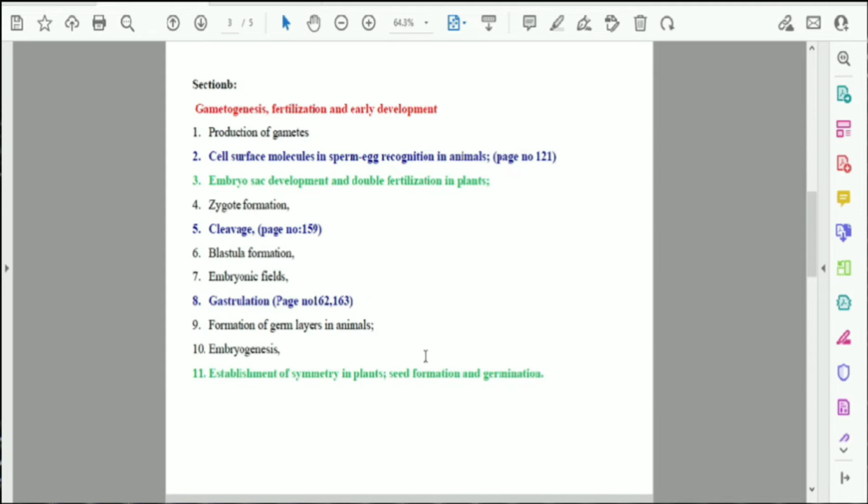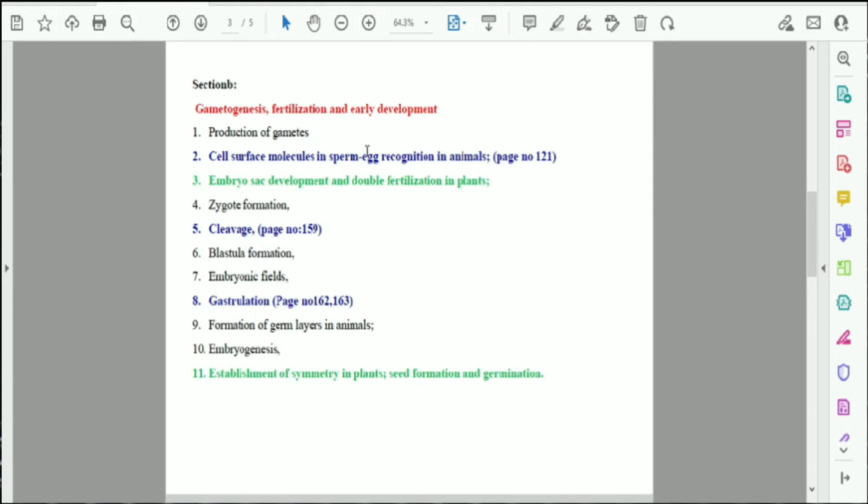Plant physiology, even though it is an important topic and nearly 40 marks will be asked from it, but developmental biology is also an easy unit, and most commonly 30 to 35 marks will be asked from developmental biology. If you study plant physiology, you need 2 months, because I personally took 1 month to complete plant physiology from the textbook. So you won't be able to complete it; better complete this easy unit first.